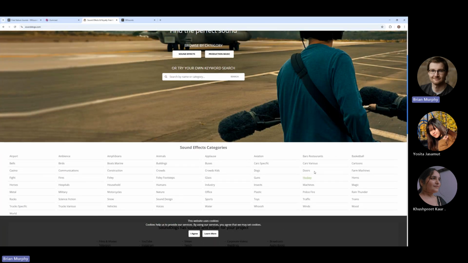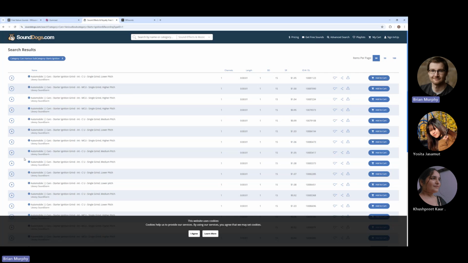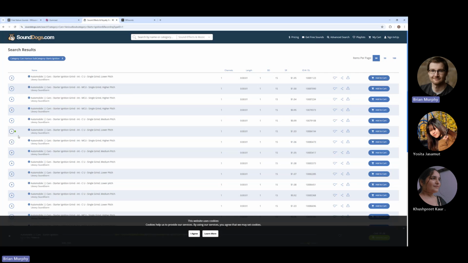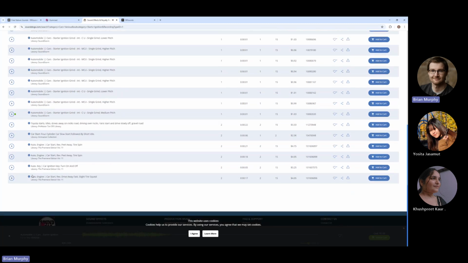So we can go in here and we can find some car noises. I can go to cars various. I can look through, maybe find some engine noises. Okay, so here's some starts, ignitions. These are always nice. Listen to some car start sounds. All right, these are all pretty good. Those grinds actually don't sound too good, but